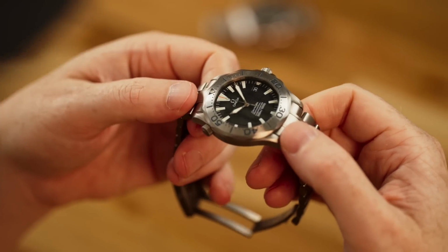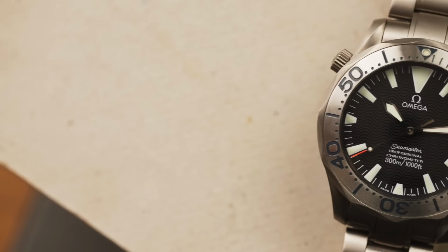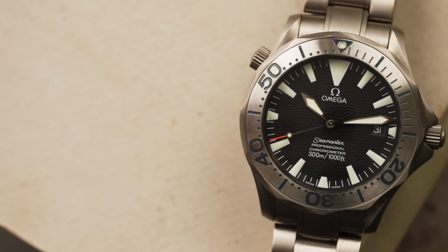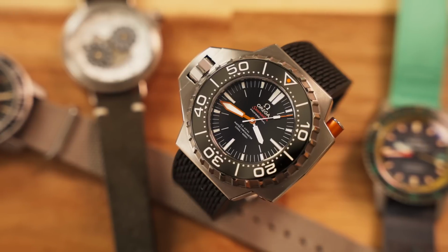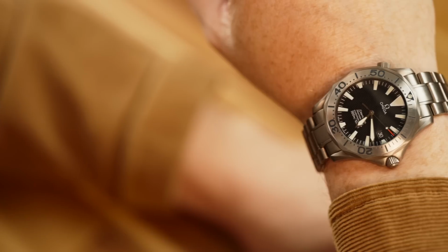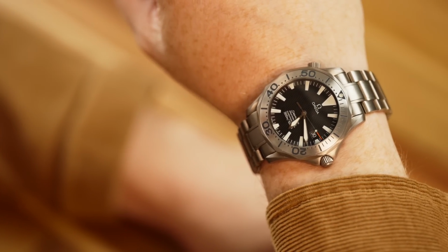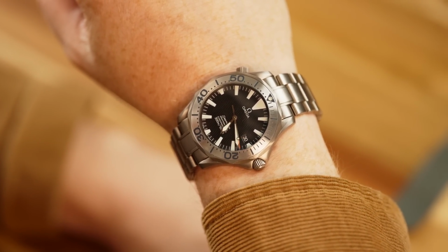original Seamasters, but it's not as straight through an evolution as something like the Submariner. And the Seamaster is of course no stranger to taking that approach. The Seamaster has spawned all kinds of different dive watches, from the extreme, like the Ploprof, to much more everyday approachable divers. It's a very broad collection with a diverse set of designs to appreciate. This one in particular, I think, is what most people that have been around for a while associate with the